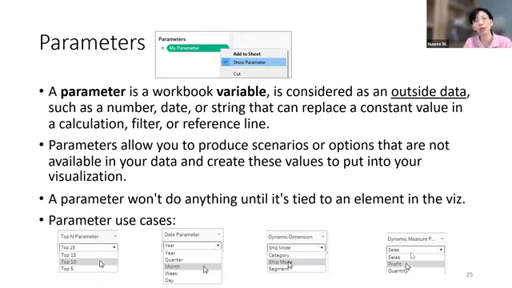For example, let's say I want to look at sales. Now I want to change to look at profit. I want to change to look at quantity, for example, right? You can have this drop down and tie in the drop down, which is a parameter to your graph, and your graph will be changed. The measure in your graph will change according to this drop down. Okay,